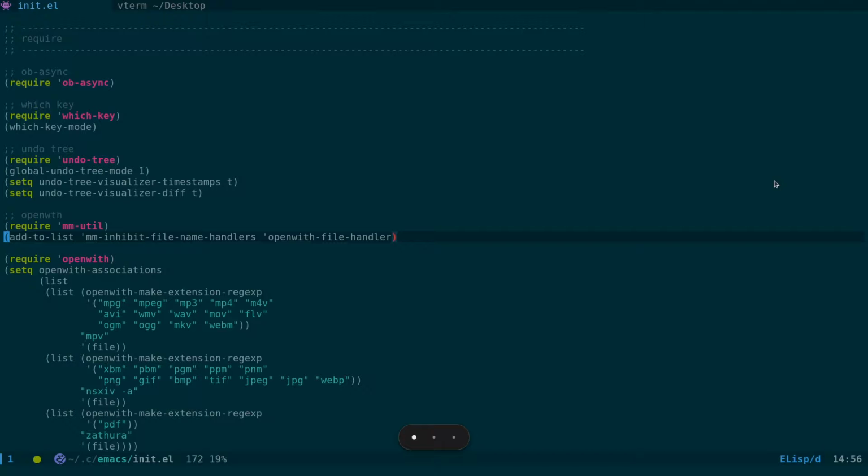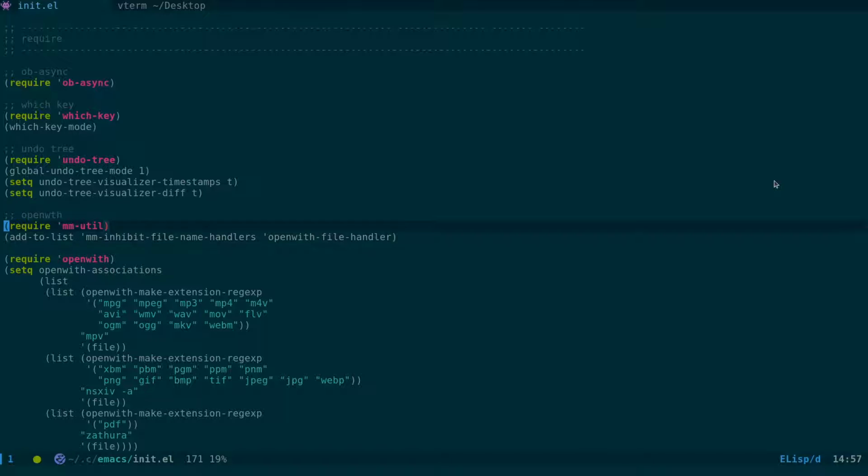So what I'm going to do is come across to my Emacs init.el, and one of the problems that I came across using the ednc was if you're using openwith, which is a package that will set an association between a file extension and the application to open it. So you can say open all JPEGs or PNGs with this image viewer. What would happen is when you got a notification which contained an image, the image would pop up in the external application. So what he's done is actually address that by